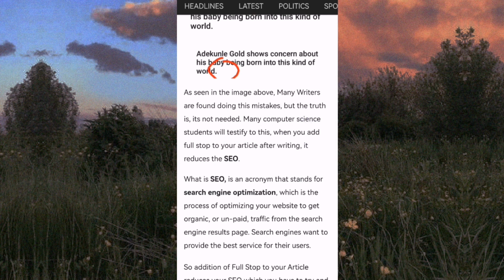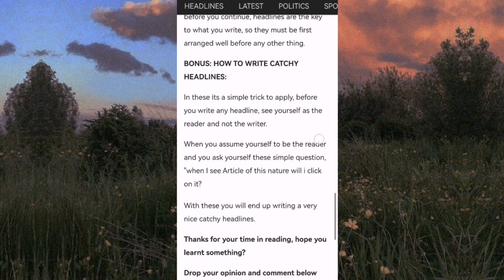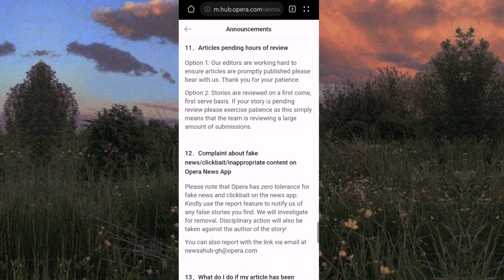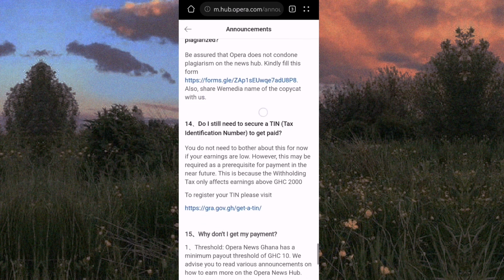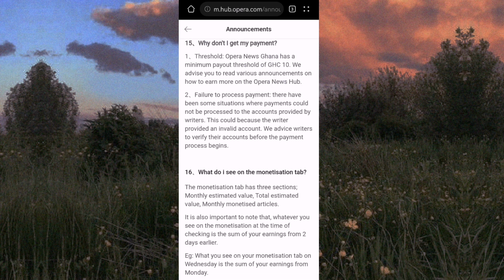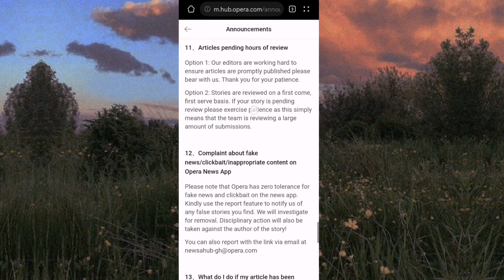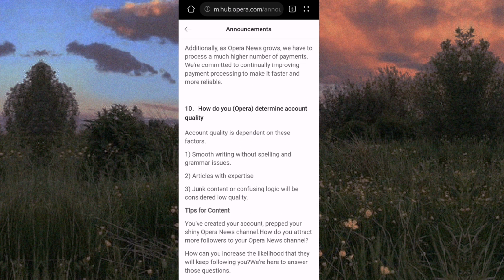It's a robot. No human being is going to sit there and read your article. It's a robot that is doing this whole thing. So if the robot detects that there are a lot of errors in your article, the robot will determine that this article is no good, so I'm definitely going to reject it. So you have to reduce your grammatical errors as much as possible so that your article will be approved and not be rejected.